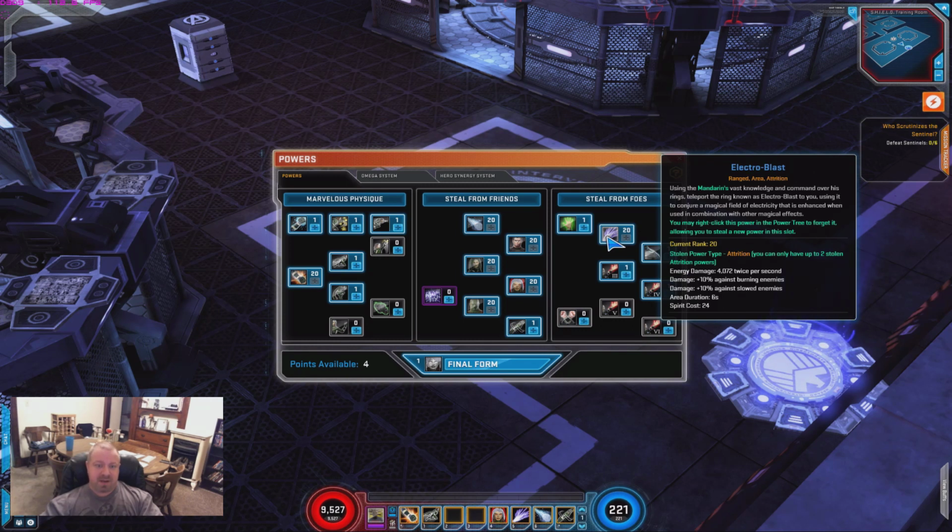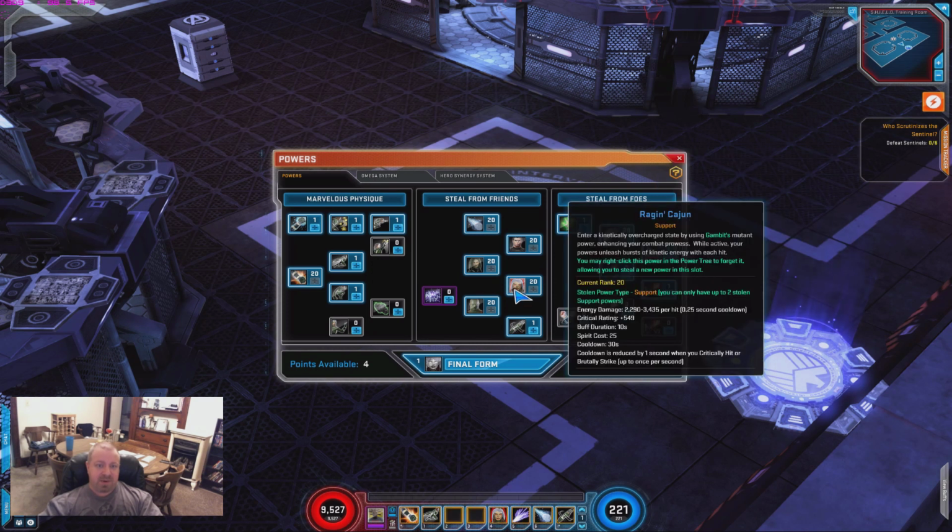It has a 6-second duration, but it does a nice big area, and it's pretty easy to use. So this hits for just the same amount of damage as everyone else because we are slowing everything, and it gives us a second attrition area power and allows us to hit 4 times a second. And that's a key factor because what we're using after we put 20 points into that is Raging Cajun, and